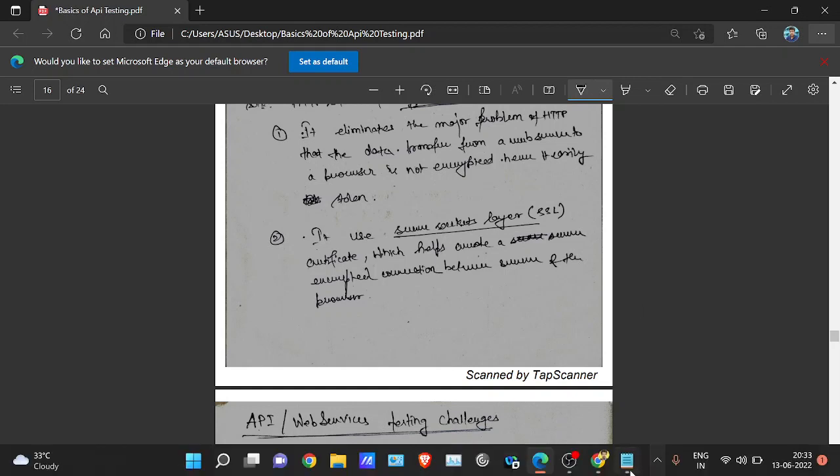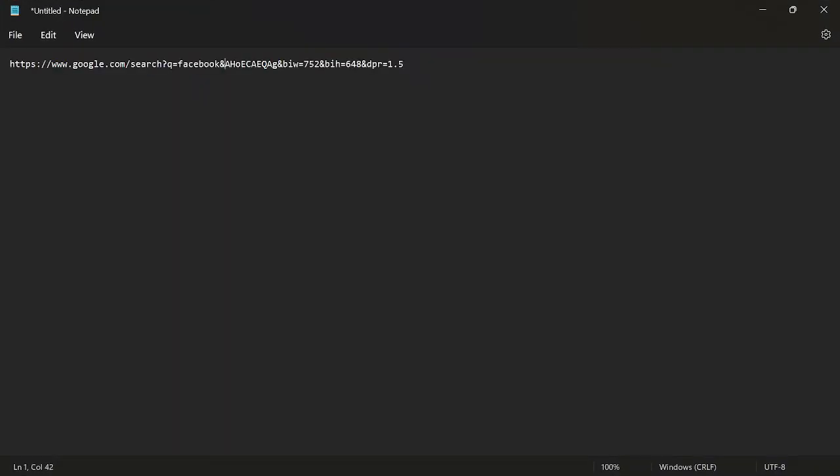If I just tell you, okay guys, hey, what will you understand? See here, this is raw text. It will be changed again into something like this. So if I send you like this, hey, this and this, there is no data in between, what will you